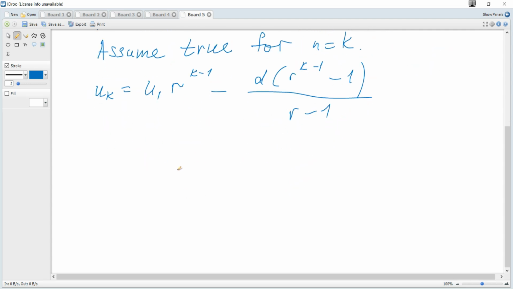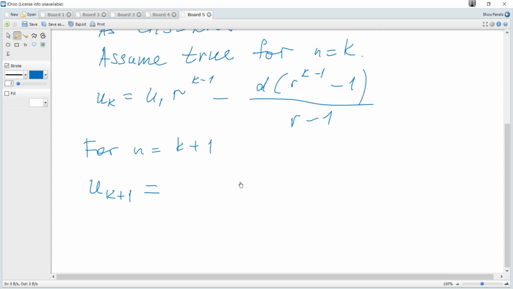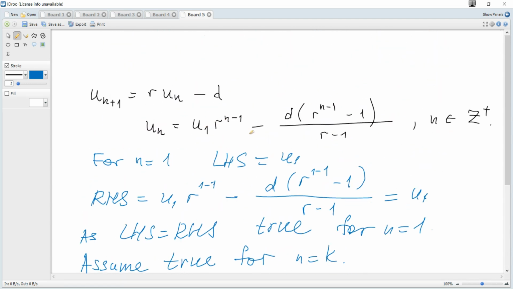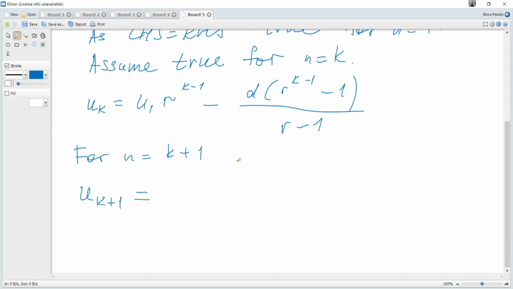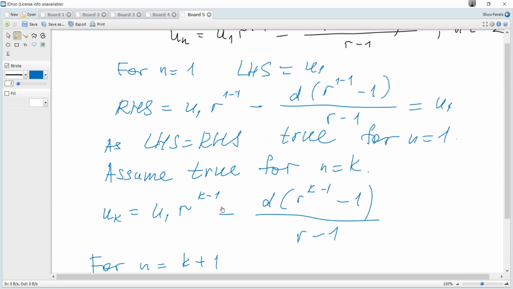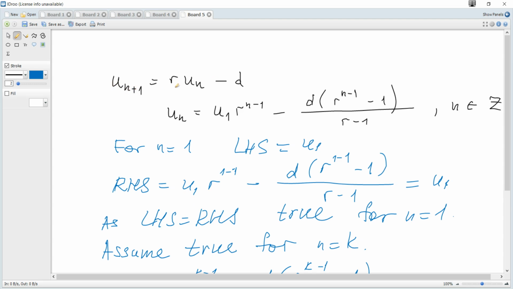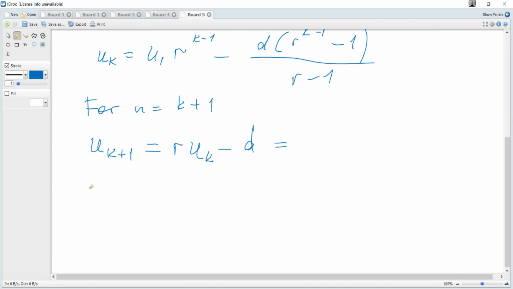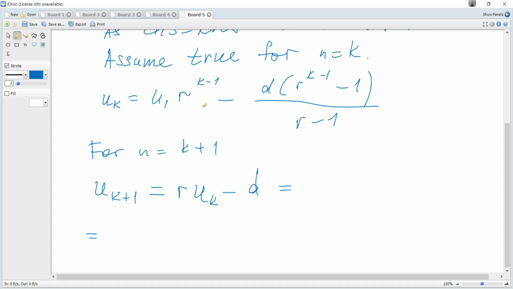Then we consider n to be k plus 1, and we should get that u k plus 1 is equal to this when n is k plus 1. But un plus 1 is this, so we can use this: u k plus 1 is r uk minus d, and substituting uk, we get